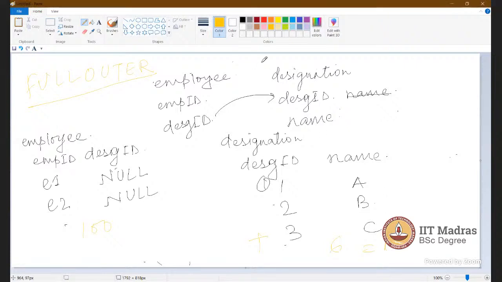Sir, I have a question. In the mock, the assumption is that all of them have one ID in common, right? Yes. So that's why we get 105. But sir, in the exam, how will we know which table is acting as a parent and which table is acting as a child? Because unless we know that, we do not know which table can take null values for referencing. Yeah, this is a full outer join. There is no need to know which is the parent table and which is the child table.